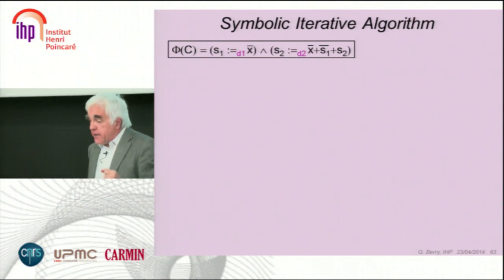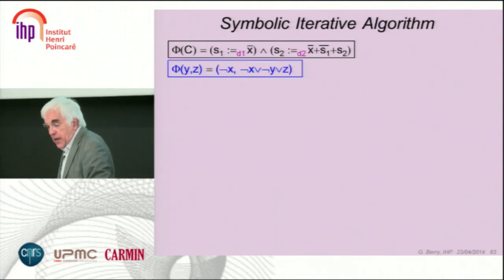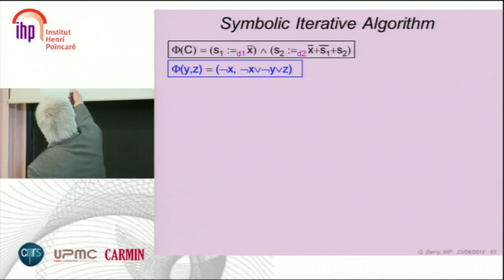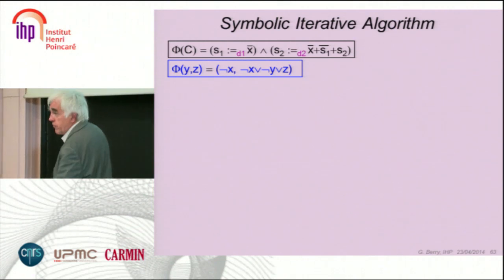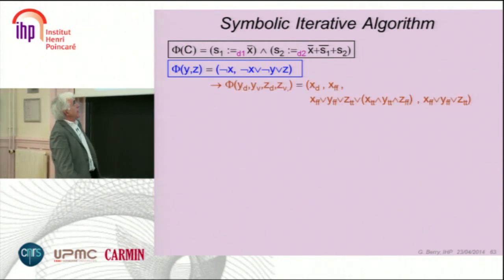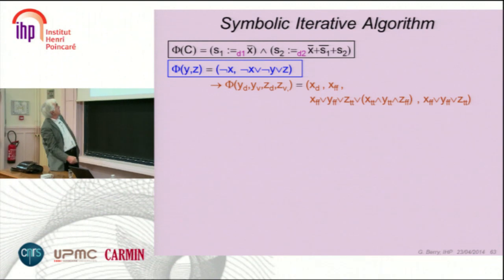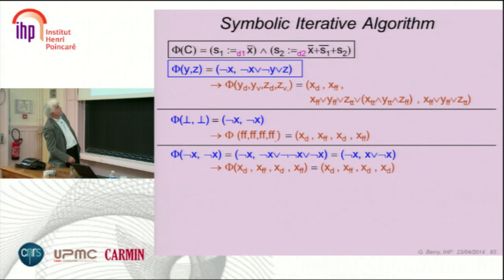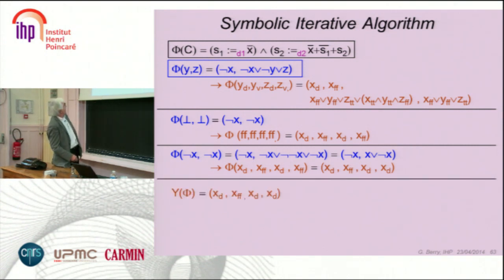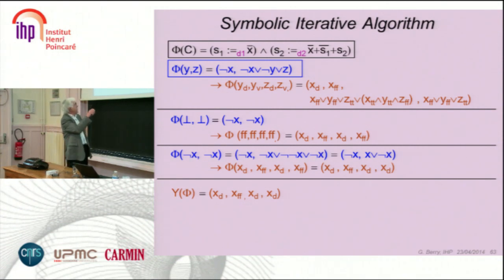So the symbolic iterative algorithm works very, very simply. You re-encode your thing in Scott Booleans. I use blue for Scott Booleans, and I use brown for real Booleans. So in real Booleans, it becomes this expression, and then you compute the fixed point, and I won't do that. Okay, you just believe this is true, unless I made a bug. And then you find the fixed point, and the fixed point is xd, xff, xd, xd. So that's the value of x in the fixed point, the final value, and that's the value of y.